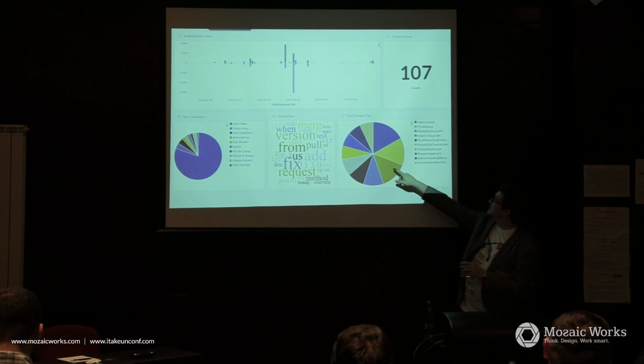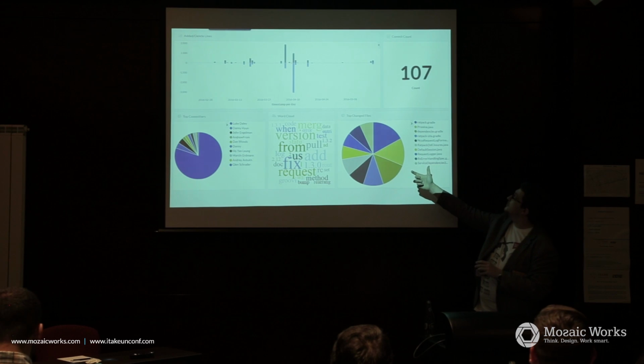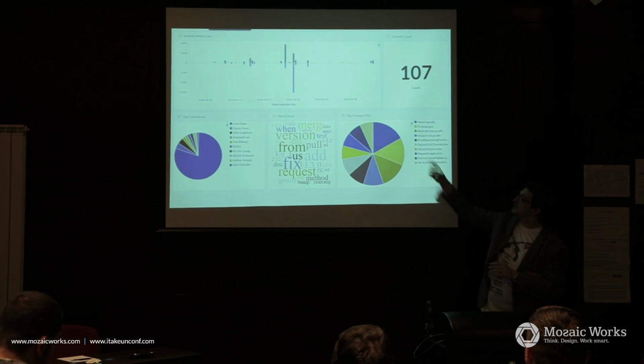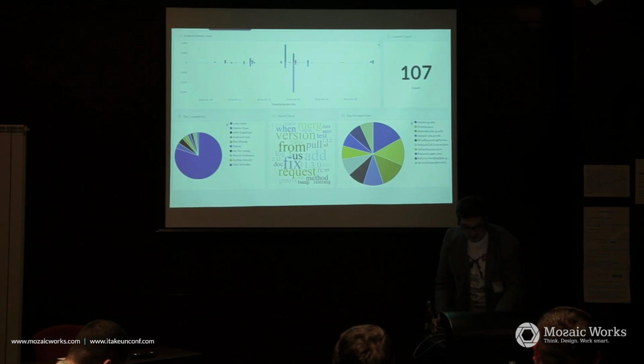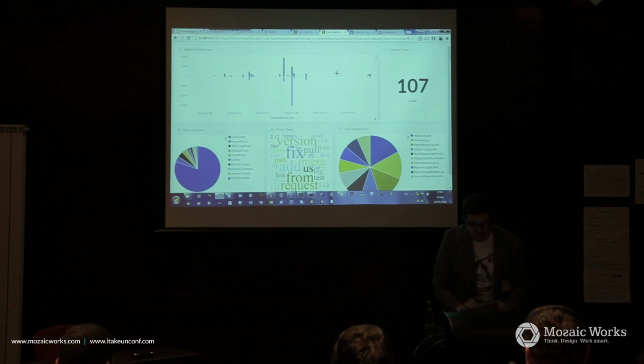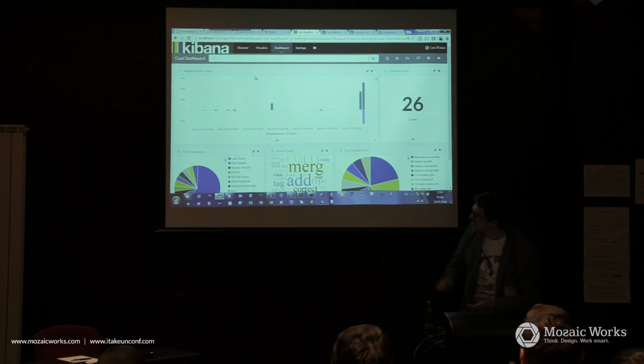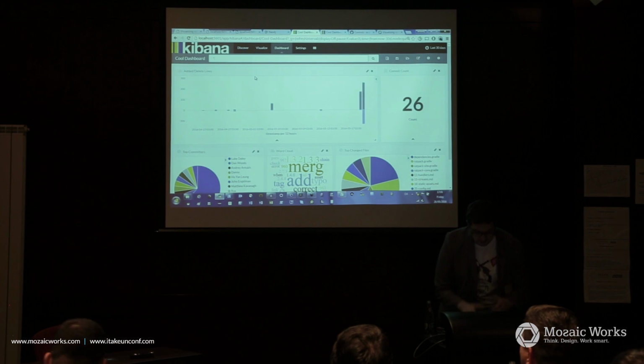We can also see the most changed files in that period. We see the commit count, and we can see how many lines of code have been deleted and added. And it's not only a static picture. You can go inside here and write some queries. For example, if I don't want to see Luke Daley, who is obviously dominating a lot, and I want to see the other guys to know what they are doing,